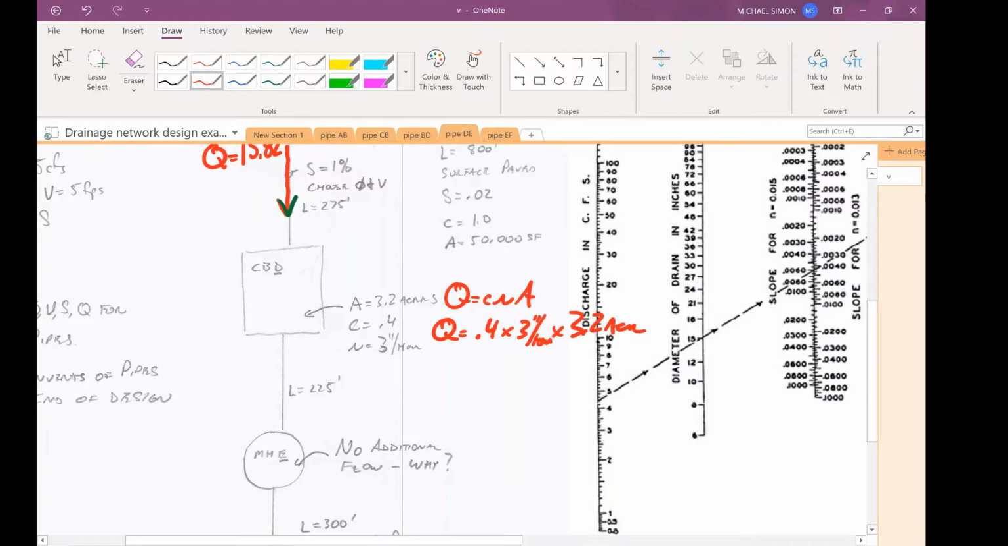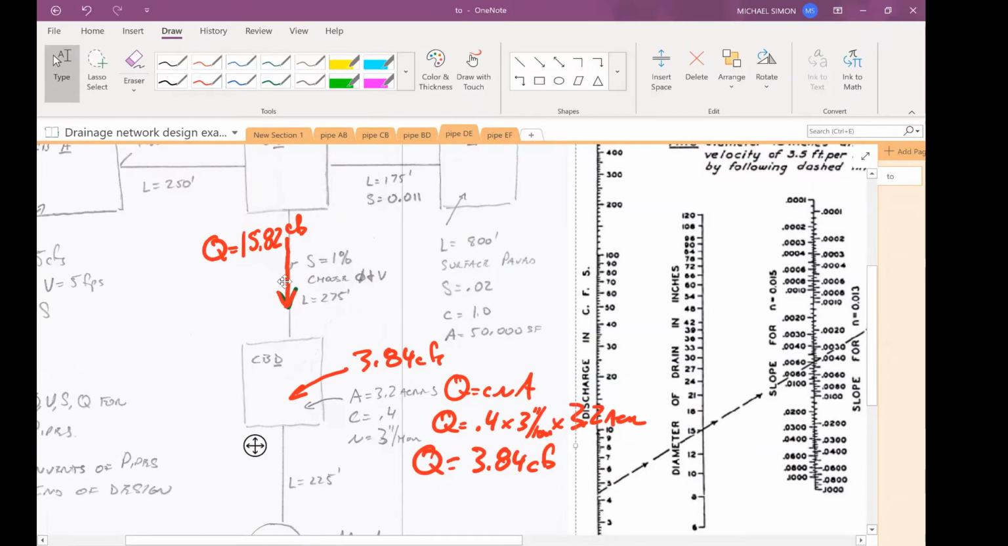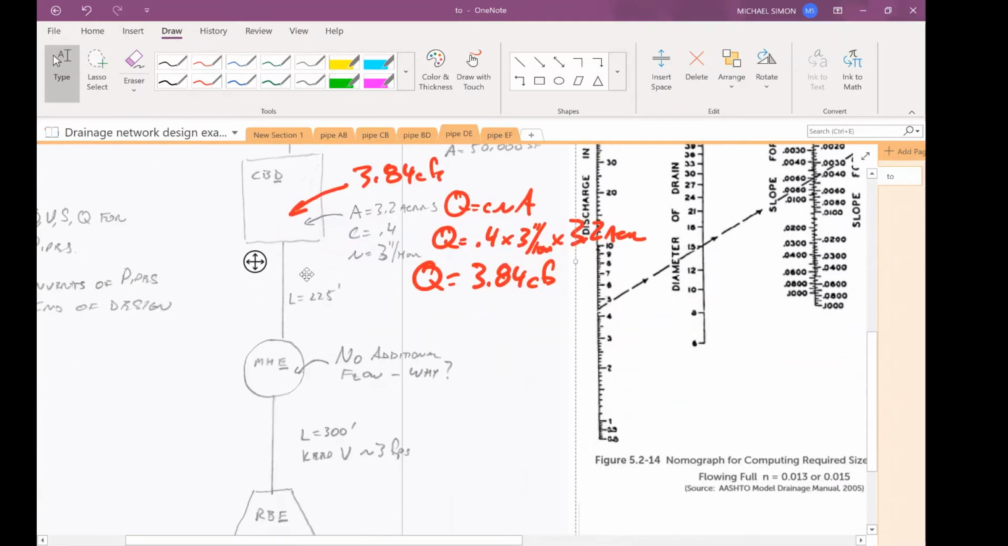3.2 acres. Q would then be 0.4 times 3 times 3.2. 3.84 CFS. So that's what's going into this basin. We have coming in here 3.84 CFS plus we have some water from above, 15.82 coming in, which means coming out